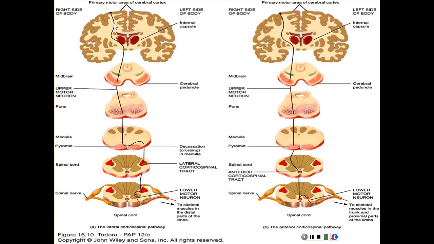This comes all the way down, and the signal passes through the midbrain, the outer motor neuron, all the way down, passes through the pons, everything through the anterior view, and then it's going to decussate at the pyramid. When it reaches the pyramid, it's going to cross, decussate, and come down,